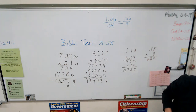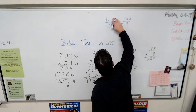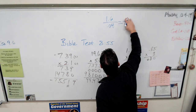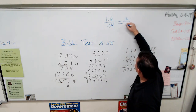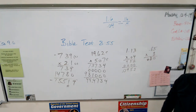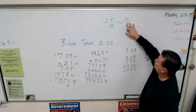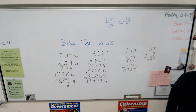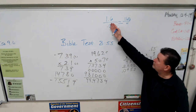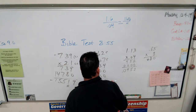Number 1 at the bottom of page 252. Oh, I thought it said 1.06. 1.6, if I multiply them both by 10, would I get 16 over 0.4? Look at that. Who's saying no? I said yeah, because I did the decimal. Remember, when you multiply by 10, you just move the decimal point? All right? Or what if I multiplied by 100? Would I get 160 over 4? Yes, because when you multiply by 100, you move it 2 places. I'm only showing you that to show you that when you multiply decimals, there's a reason that you...